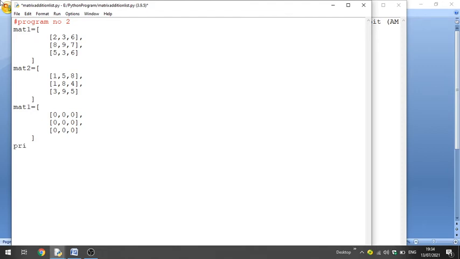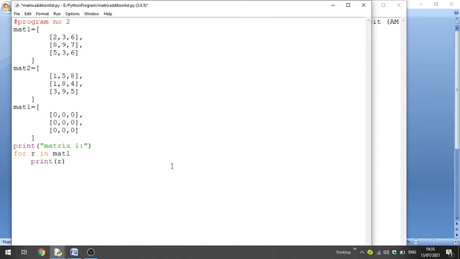We simply print the entire matrix. So print matrix 1. It will print the matrix 1. Just take a loop: for r in mat1. Very simple, and just print the entire matrix. Each time you print just r. Here r means the first row. Each time it will iterate r and r this way.